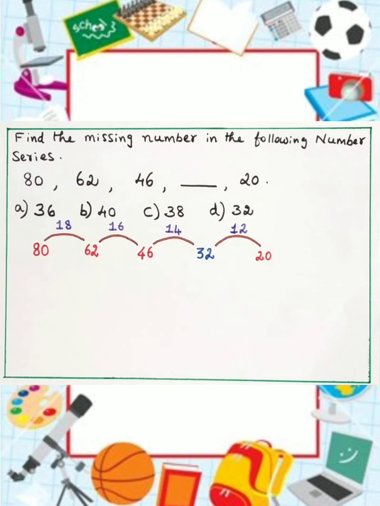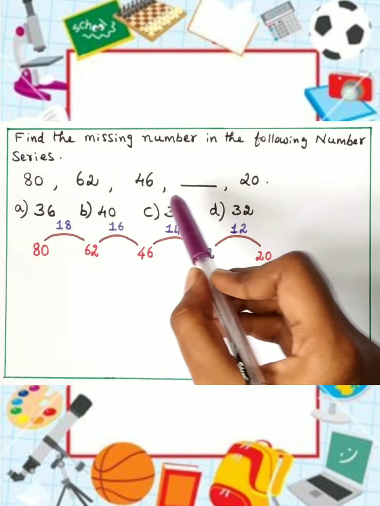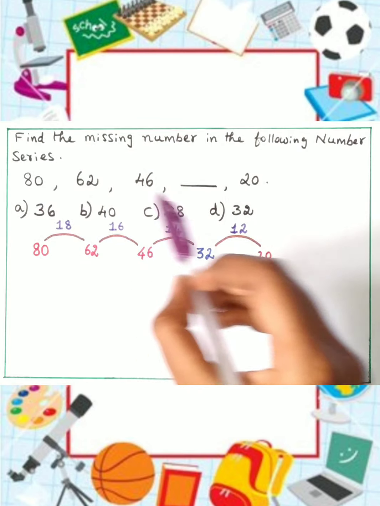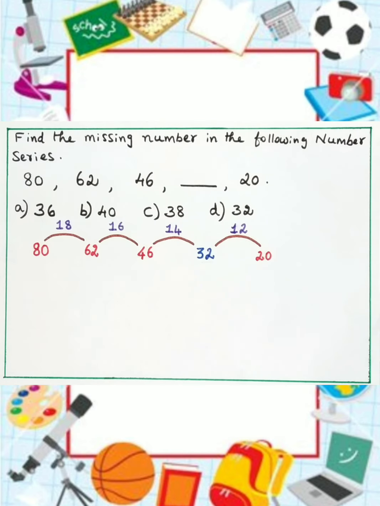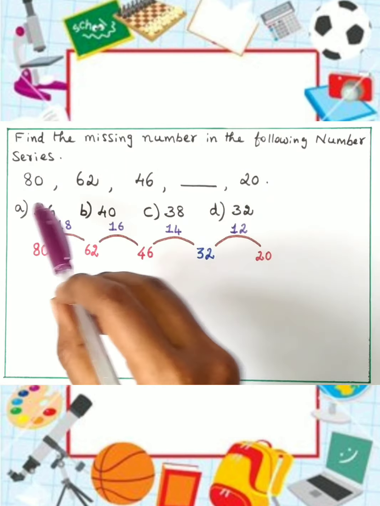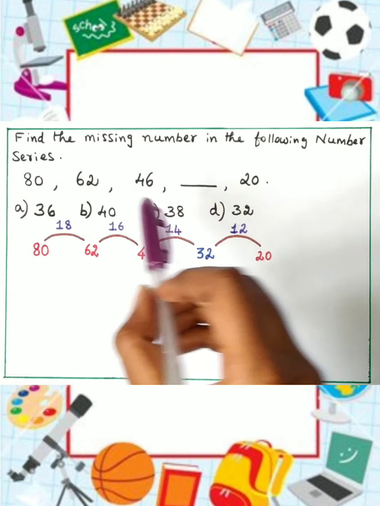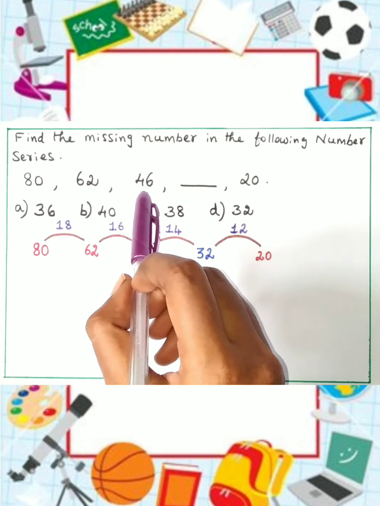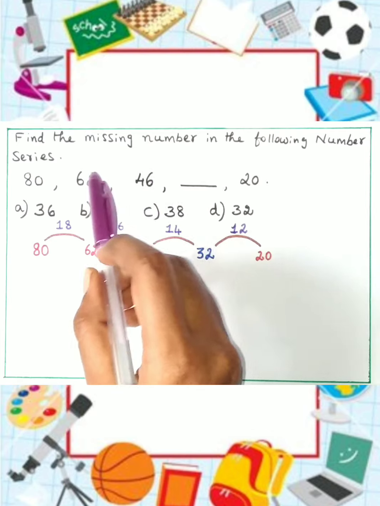To have a revision of the logics we have learned in the previous video, let's solve a question with a similar logic. The only difference in this question is that the missing number is in between two numbers of the number series. In the previous questions we have solved, the number to be found was at the end, or we will have to find the next number. Here the blank is in between two numbers. So observing the number series, it is a simple number series and the differences seem to be comparable. So first let's find the difference between the numbers.